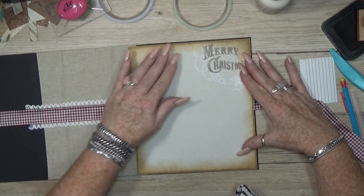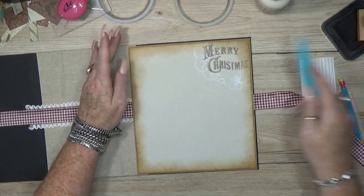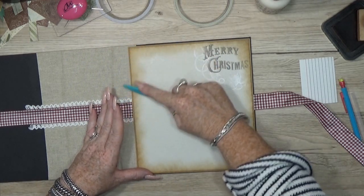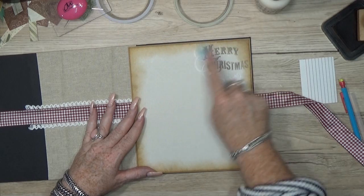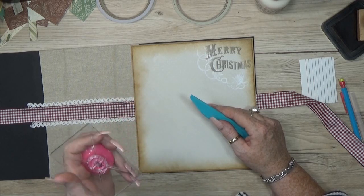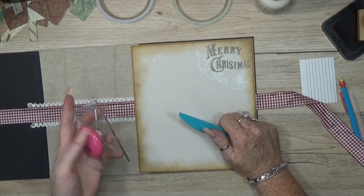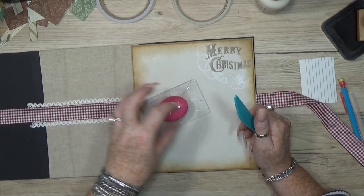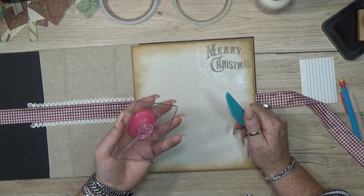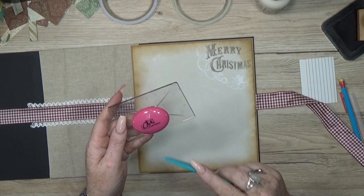So sometimes she gets big boxes with stuff and then she just sorts it all out. And when she finds something that she can't use, she always asks me to look into it and see if I can use something. And when I saw that, I really thought right away, oh yes. In the beginning I did use just a stamping tool, an acrylic block. I still have it somewhere here, a little one. But when I saw this, I thought, oh yeah, that's really handy because of my long nails. It's not easy to grab something that's flat, but with the handle, love it. And it came with several sizes, and you easily can take this off and put it on another one. So it's actually a stamping tool,